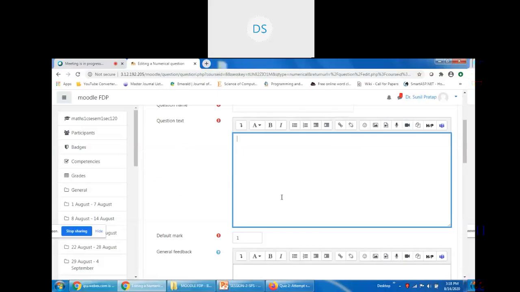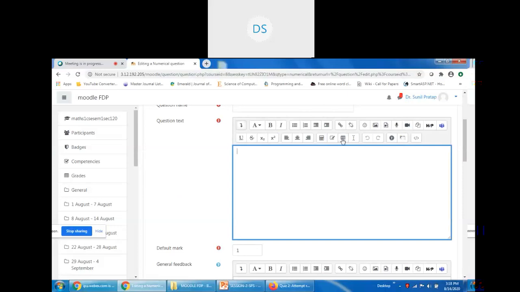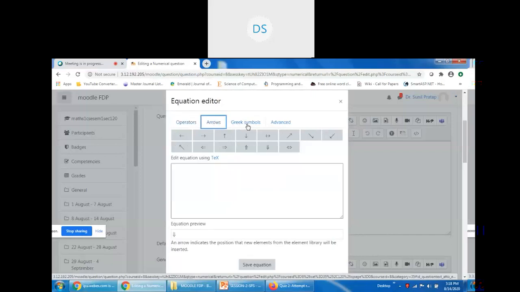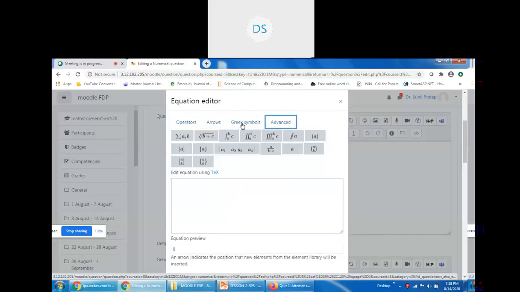Now in this text editor, the question text, you have multiple options. This equation editor: with it, we may insert various types of symbols, Greek symbols, advanced.